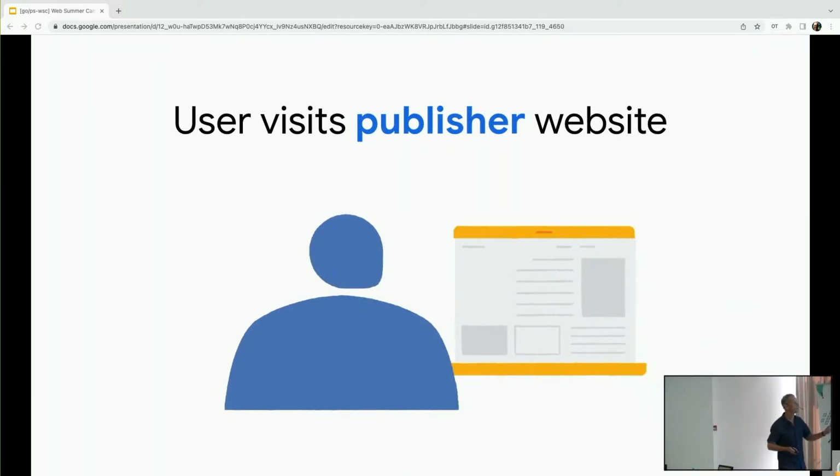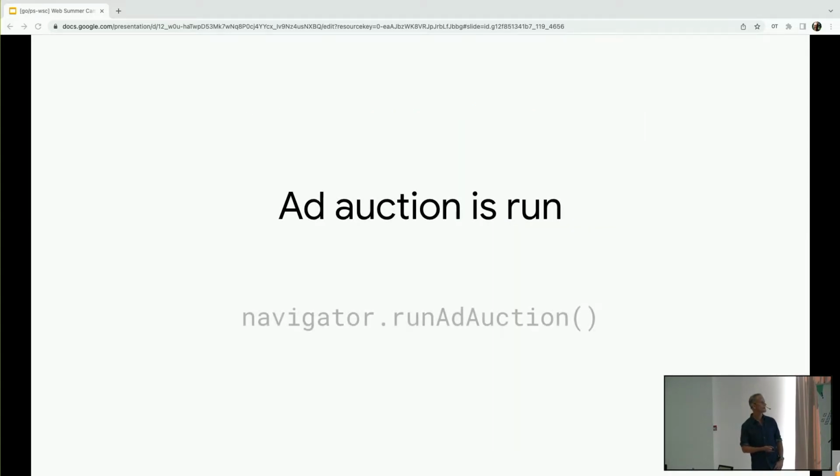Now imagine the same user visits a publisher site. This site publishes ads. It's a news website. The publisher site, or the ad tech platform that works for it, runs an auction. And the auction, like I say, can be run on the user's device, or however that is done is within the constraints of the Fledge API.